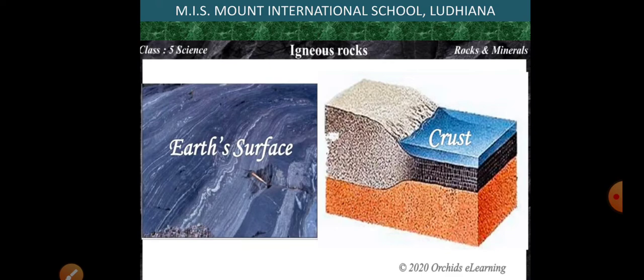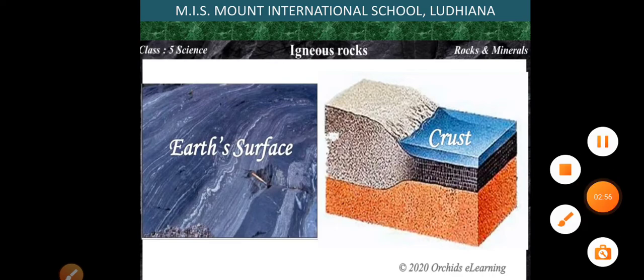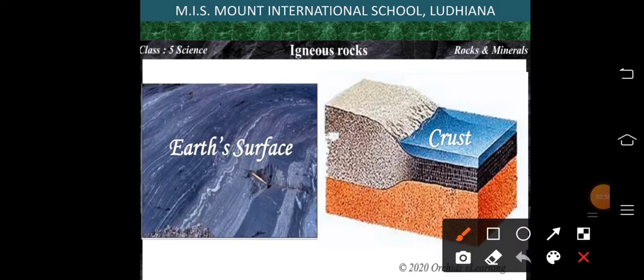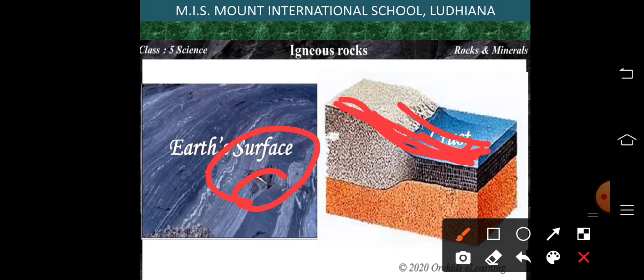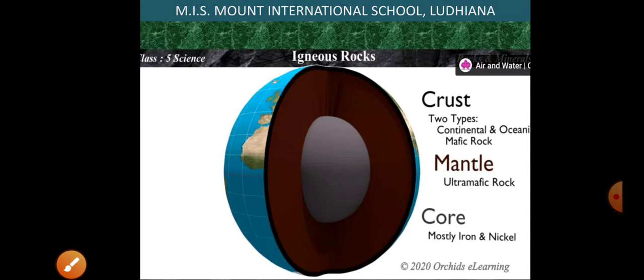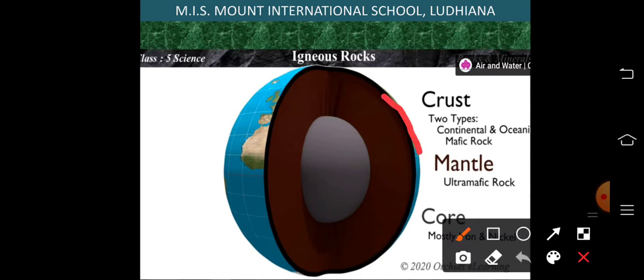What we see as soil and mountains is actually the surface of the earth, which we call as crust. Okay students, so what we see on the ground and around us, that is only the soil and the mountains, and this soil and mountains just form this crust area of the earth. Underlying the crust is the mantle and the core. इस crust के नीचे क्या है बेटा? What is under this crust? This is the part of earth that we can see, which is crust.